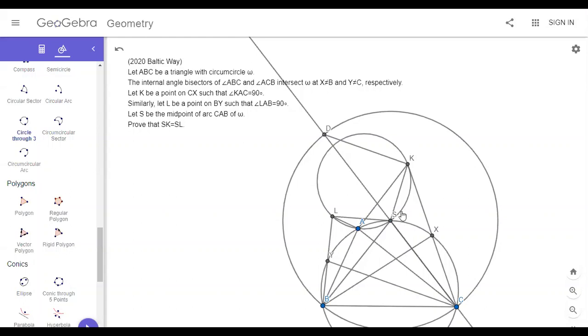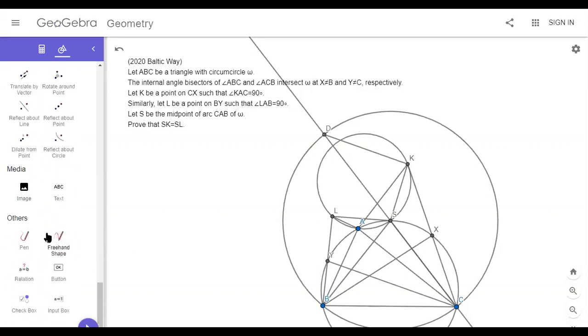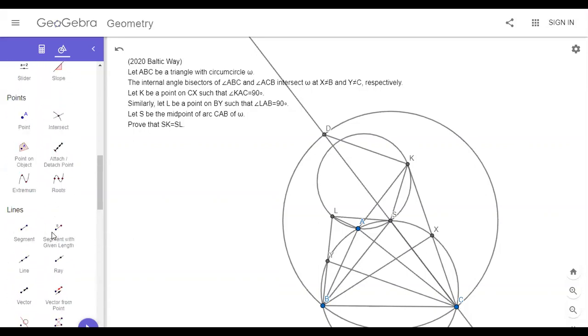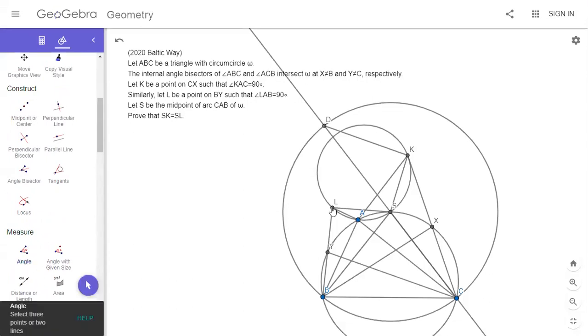Let's see. Are triangles LSB and KAC similar? Let's check it out. So LSB and AKC. No, they're not similar. It's pretty close, but